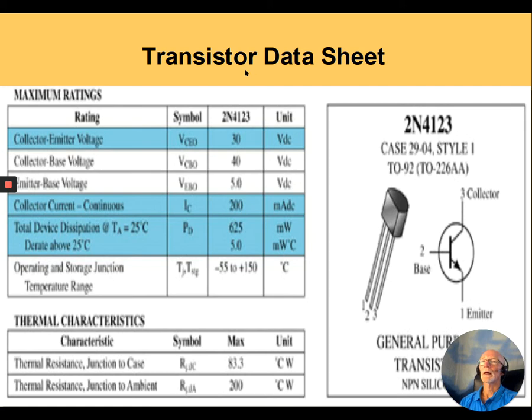Now, a data sheet will look something like this, and what we're looking for is, for example, these readings here, the collector emitter voltage. So what's the maximum voltage that we can have between the collector and emitter? What's the maximum voltage between the collector and base and the emitter base voltage? And also we want to know what's the maximum current that the transistor can handle and how much power